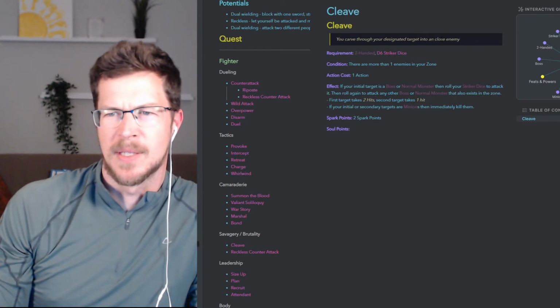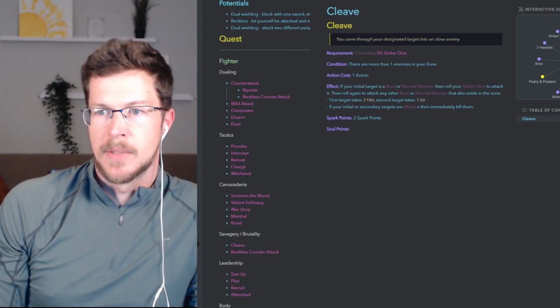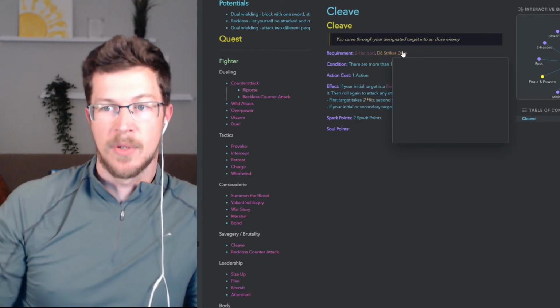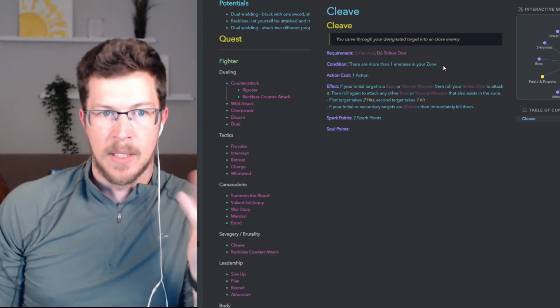And designated target sounds, if this is thematic text, that's terrible. All right, so you have to have a two-handed weapon. So far, yes. D6, okay. If there are more than one enemies in your zone, so they don't even have to be engaged with you, just in your zone, and for one action, and this is where things get a little bit,